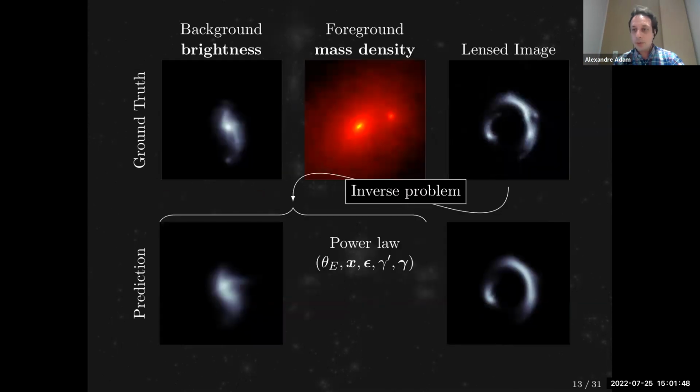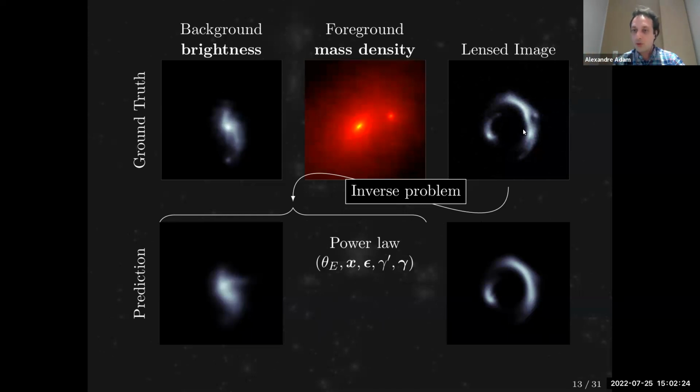So let me show what would happen with the system that I just showed, where there is a main deflector and a subhalo. You have this automated system, and now you're trying to fit a parametric model to it. You don't necessarily have a picture of it, you just have these parameters. And so your system doesn't know that it could actually produce a subhalo here, which has this kind of hole structure in the lensed image.